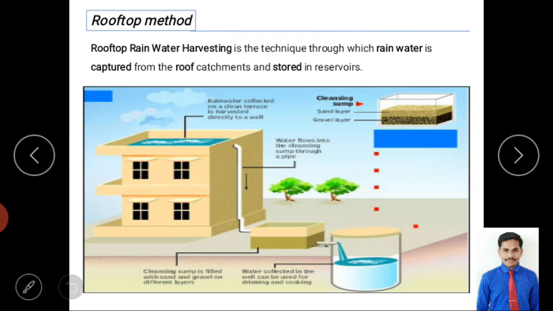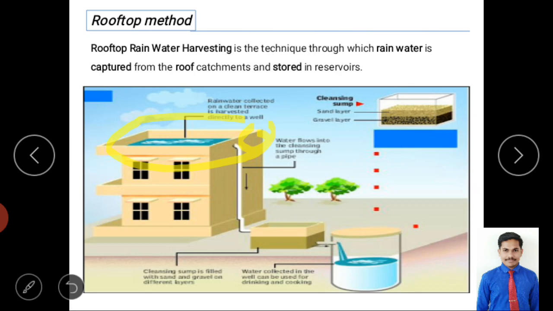Very basic, right? We know what is meant by the rooftop method. Here we are mainly collecting water on the rooftop or slab of the house. After that we provide a coarse mesh. And why are we using the coarse mesh? To remove floating materials like plastic, paper, and leaves of plants.